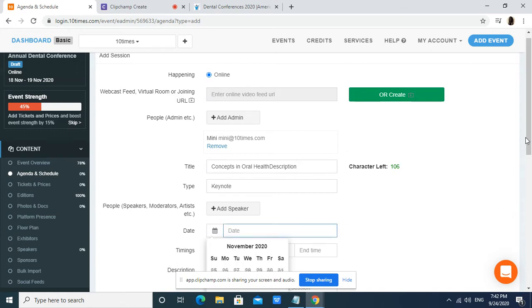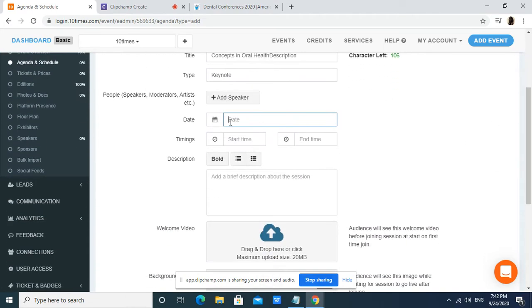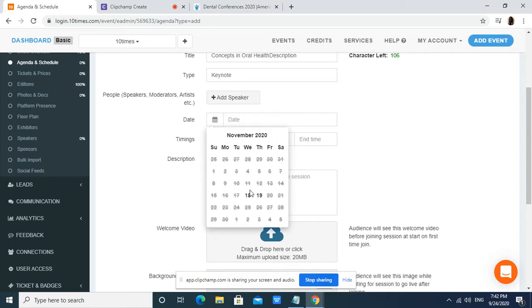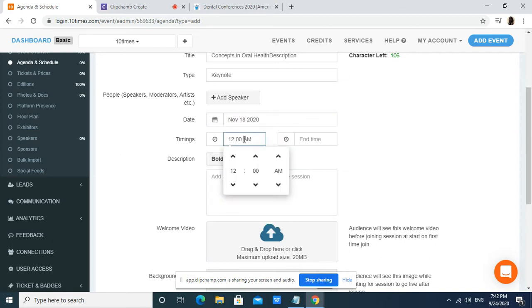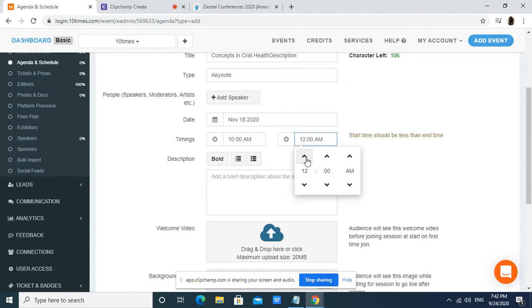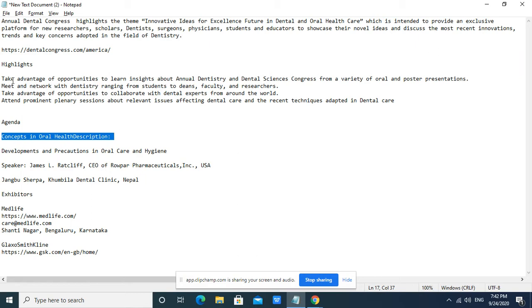Select the date of this particular session, the time of the session, and add a brief description about it.